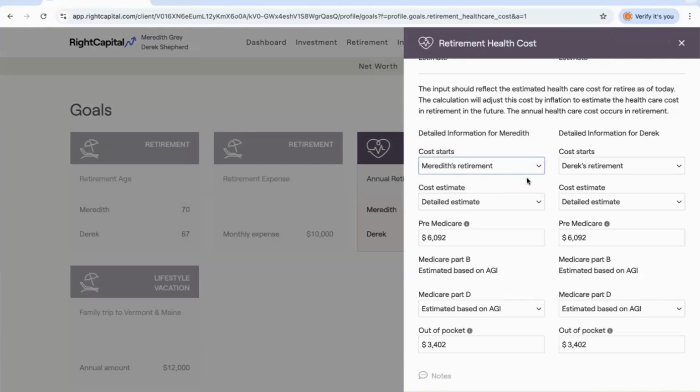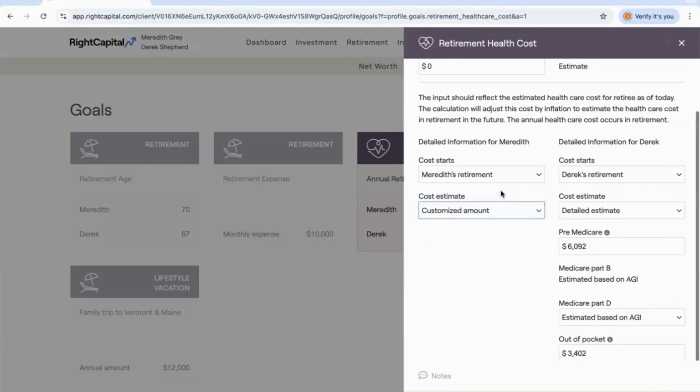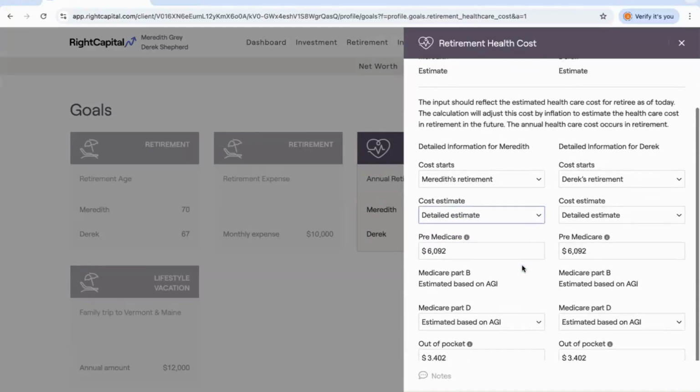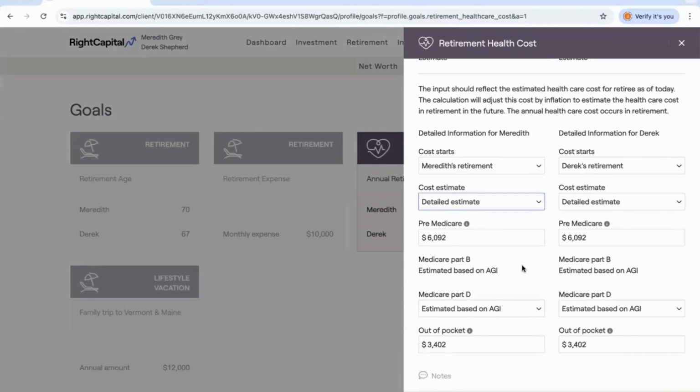Now, the second thing we specify within this card is what cost estimate we want to utilize. I already have detailed estimate selected, but we also have the option for customized dollar amount. So if we just wanted to enter a flat dollar amount for the year, that's also an option. And we also can use a national average if we just wanted to pull what the national average is for healthcare costs for somebody that retires at age 65 essentially today. But for today's conversation, we're going to be highlighting detailed estimate as the approach that we're using to capture Medicare